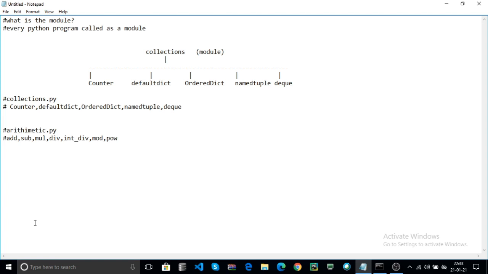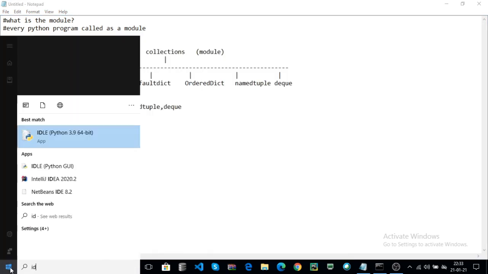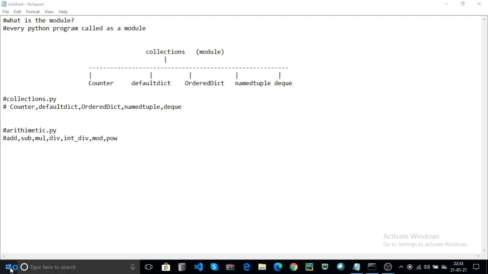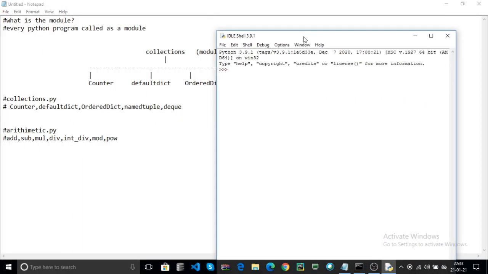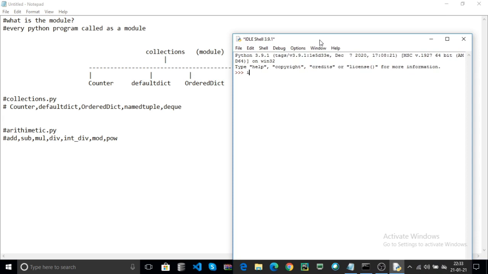For convenience and better understanding, open IDLE. Here first the standard module, that is collections. First import collections and check dir of collections.